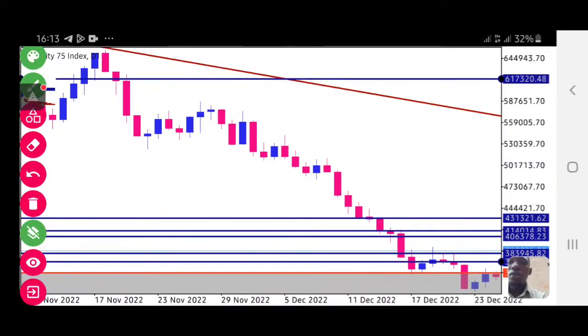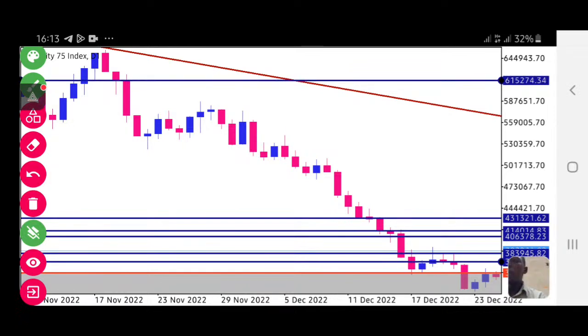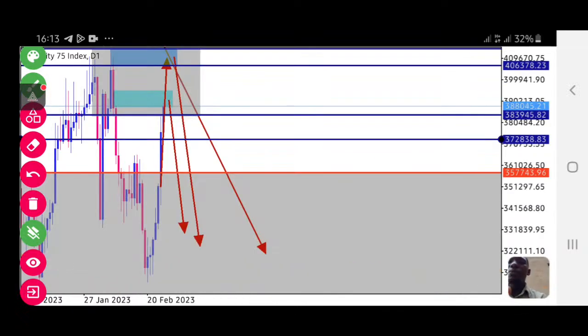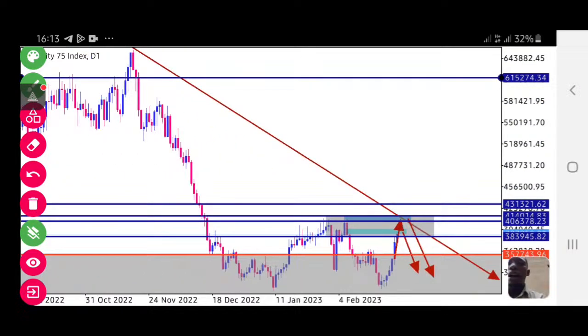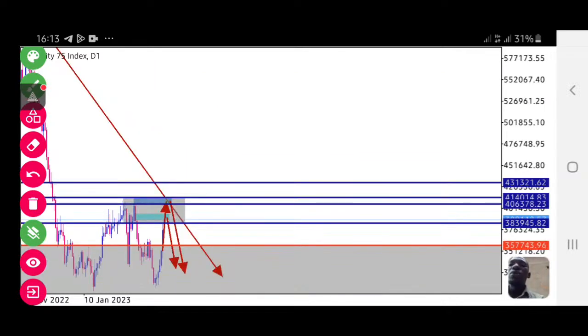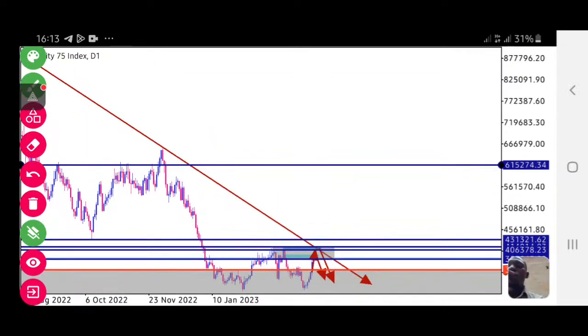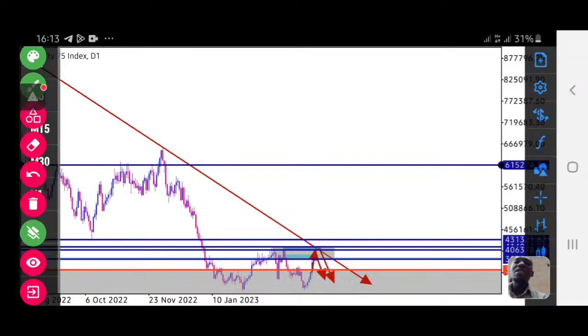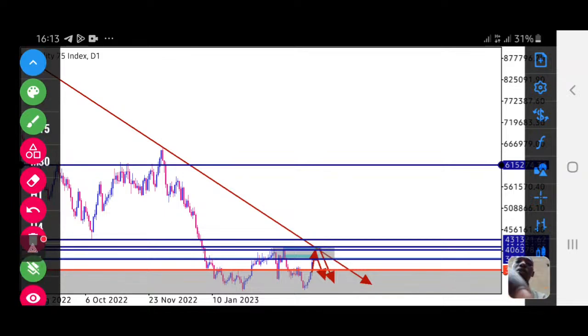No. Hold a little bit. Yes, that is 61, 51, 74. Modify it. 61, 52, 74.34. That is the origin, guys. So if the market breaks the neckline up to this area, it's going to take days and months to see where the market is going. Which also means if we break this neckline, it will confirm the monthly, guys. It will confirm in the monthly.